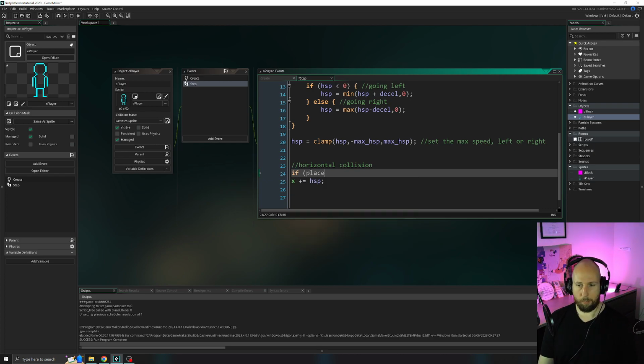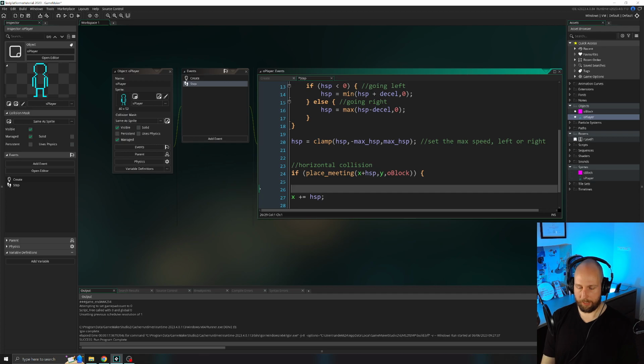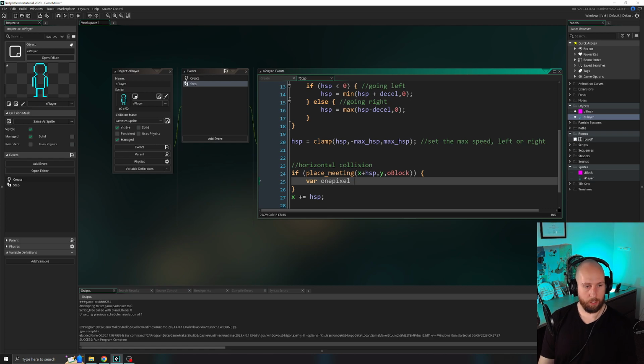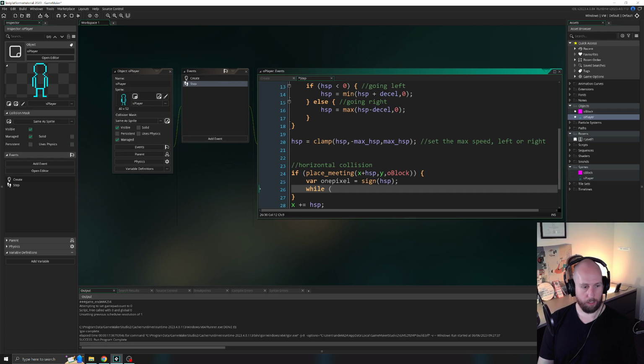If place_meeting(x + HSP, y, O block) { } var 1 pixel = sign(HSP); while !place_meeting, or exclamation point, but we call it bang. So when we're not overlapping with the following object, x plus 1 pixel, comma, y, comma, O block, close parentheses,